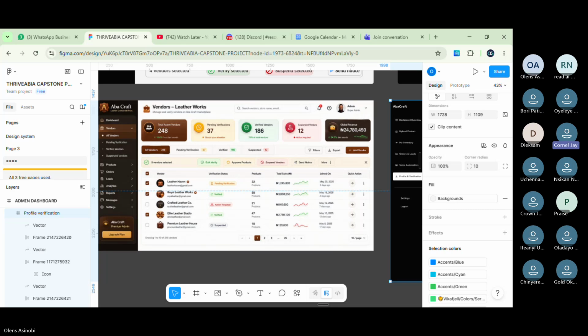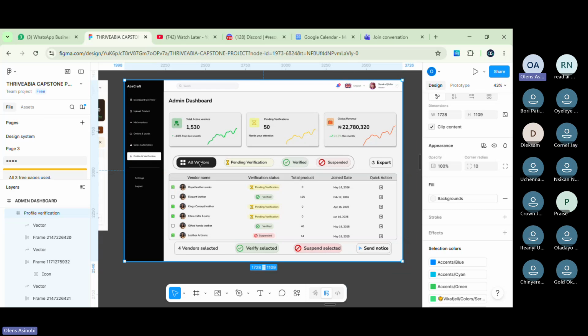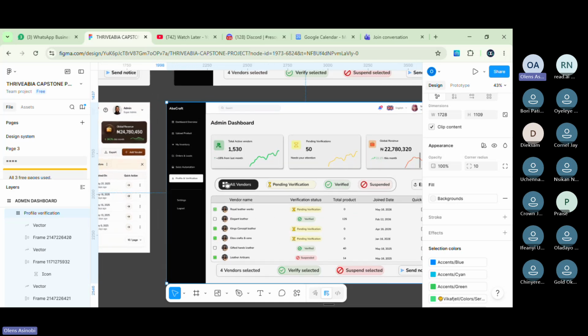Number of, what's the other one? Is it total users or what? Sorry. Total pending verification. We have total number of total pending. We have that too. Yes, so the total number of users is also very important because for the sake of marketing. Pending, for me, I think is just for the admin to know that he has work to do. And then suspended is, hold on.